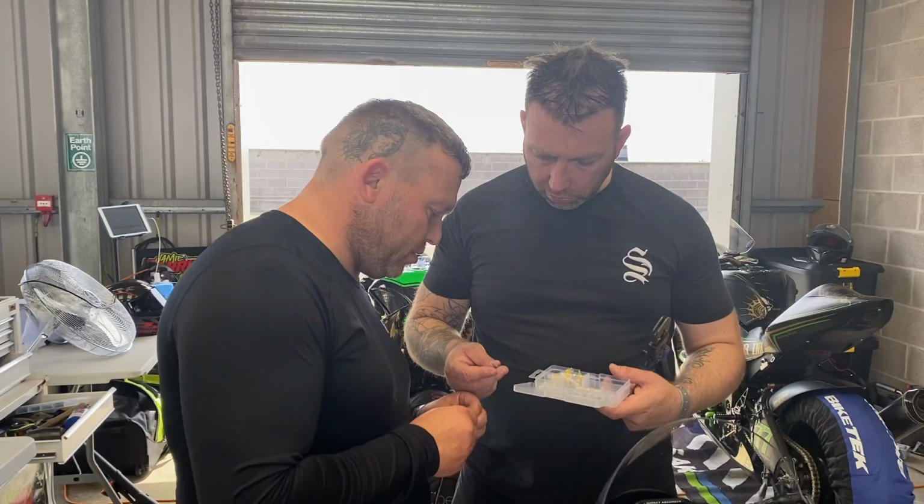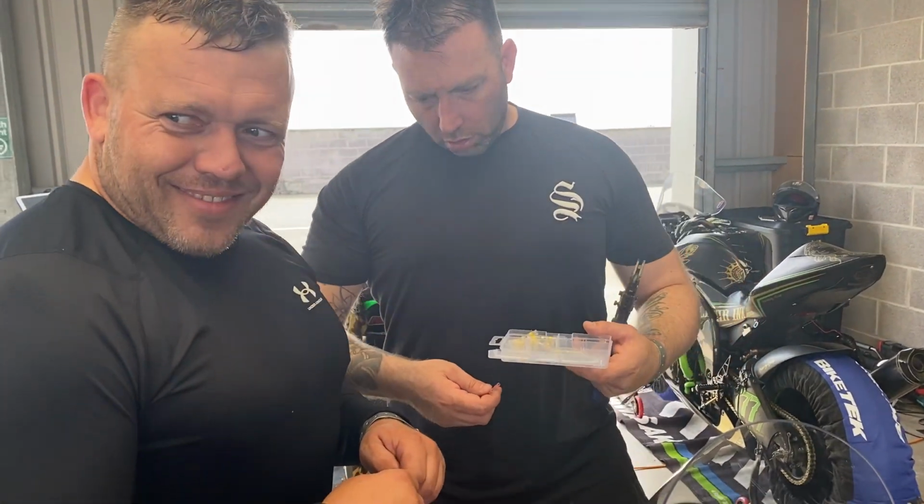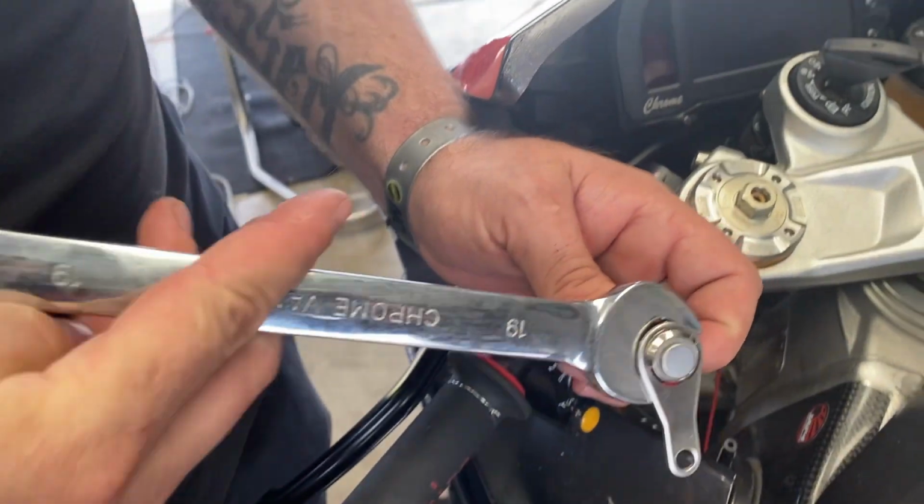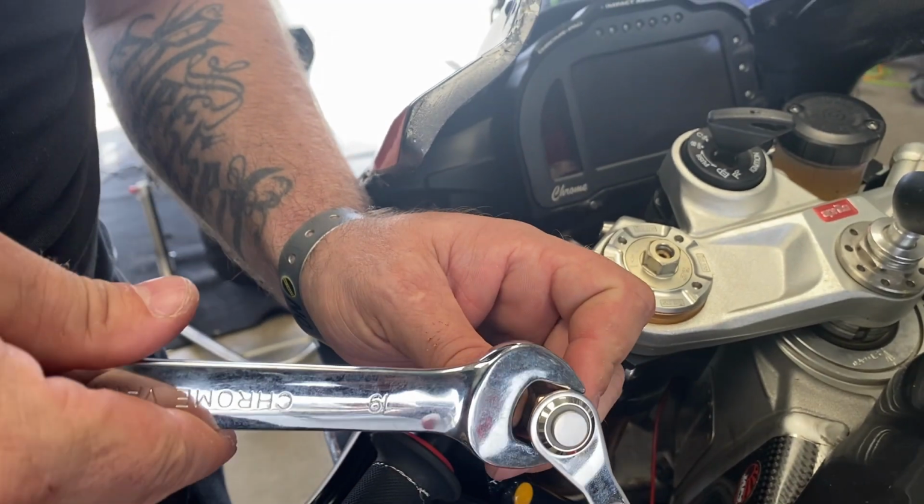So thank you to my team, Jamie and Jimmy, who sorted the switch out for me, and I was kind of tension free, because if you don't have the rain light working or the rain switch, you will not pass scrutineering. Okay, let's show you our garage and also Gary Johnson's bike, because he's here on his amazing Specsavers